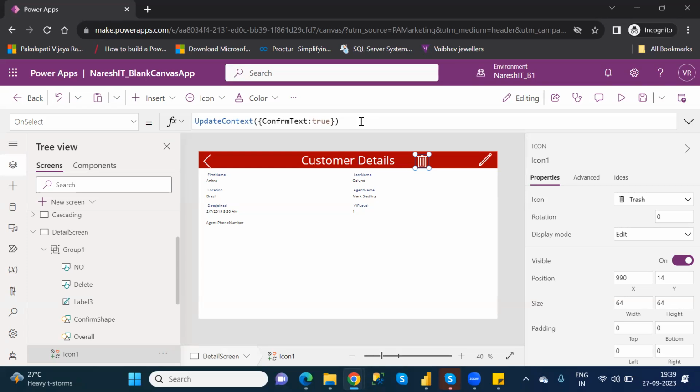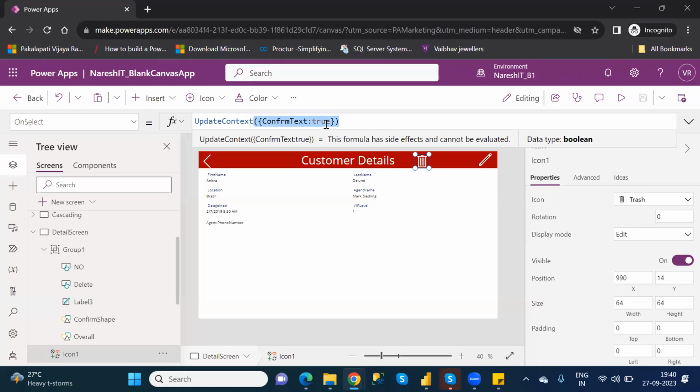Like this. So for that, in this icon, what I need to set is a variable. That means whether the visible property needs to be true or false. True or false means the confirmation pop-up window, whether you want to enable it or disable it. If you click on this one, the meaning is that the confirmation group needs to be enabled. So for this, I'm writing a local variable, confirm text, is true.